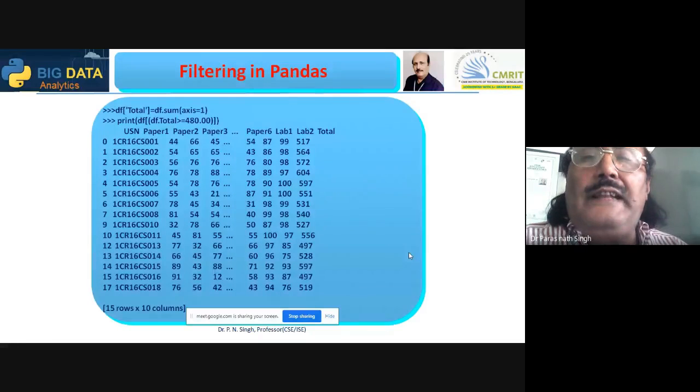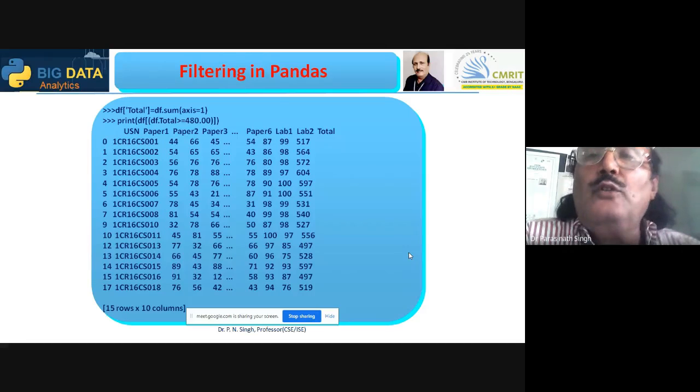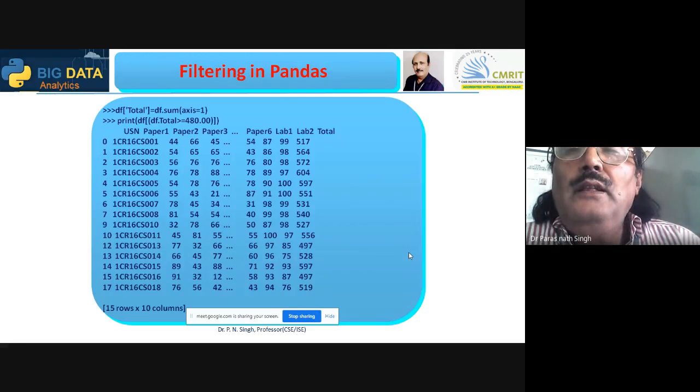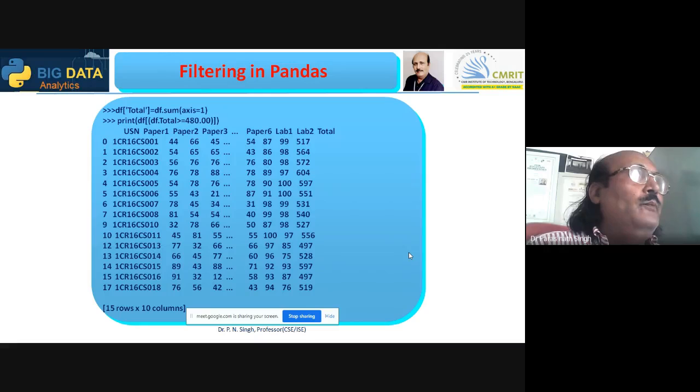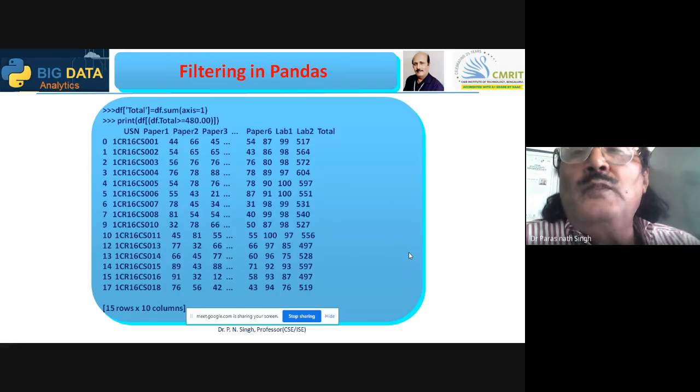Now, see that I'm filtering in so many ways. You remember, df total equal df dot sum. First, I have given one command. I want to keep all the row-wise total. Is it good? No. For one student's marks, I want to find the row-wise total.